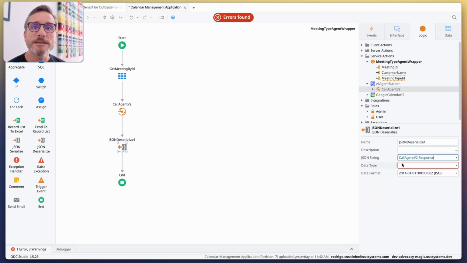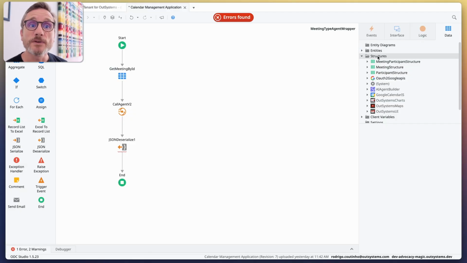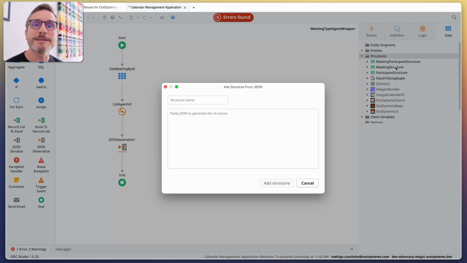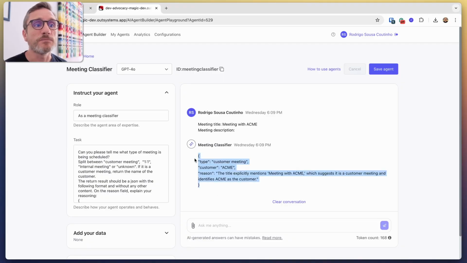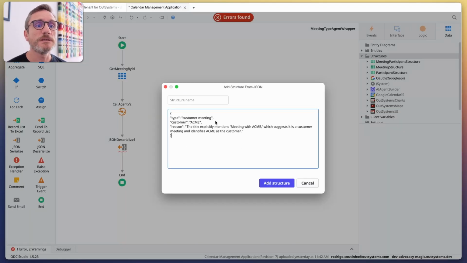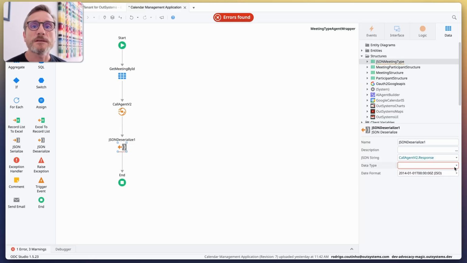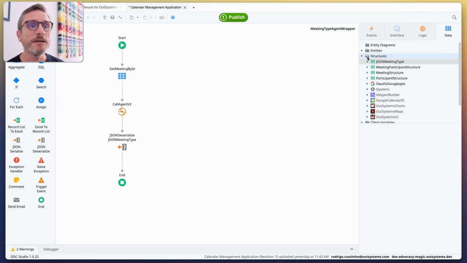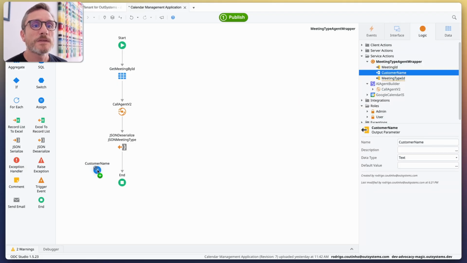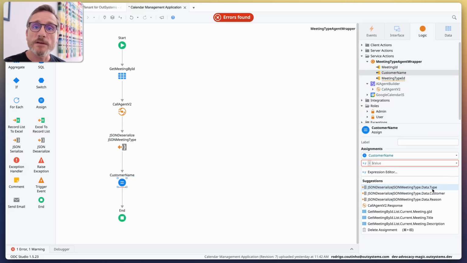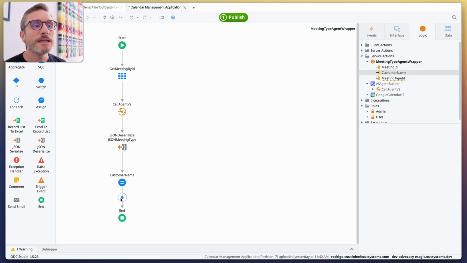And for the data type, ODC Studio has this great capability that allows me to create a data type based on JSON. So I can go back to AI Agent Builder, copy the JSON, put it here, and everything is created automatically for me. I'm just going to give it a name, and tell JSON Deserialize to use that type. And now I'm ready to set the customer name to whatever comes back from the response,